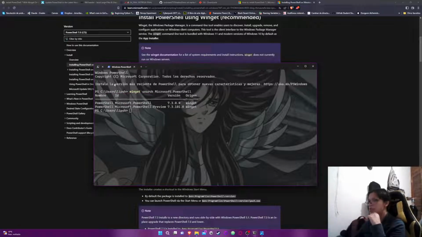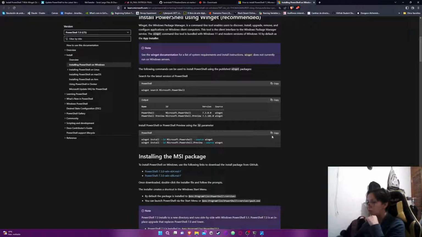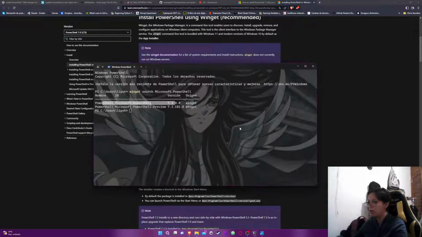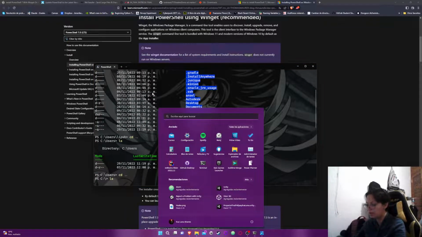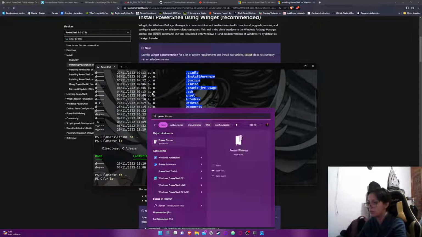Here it tells us that the latest stable PowerShell is 7.3, and you just need to copy it here and paste it, and it will run automatically and install PowerShell. In my case, I won't do it because I already have it. And then when you open it, you will be able to see a PowerShell